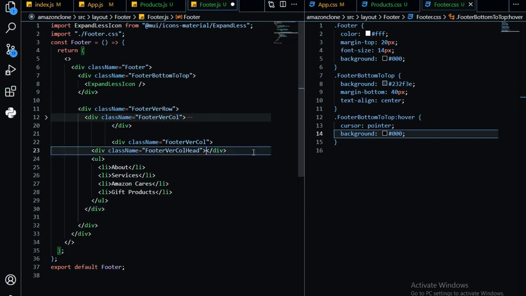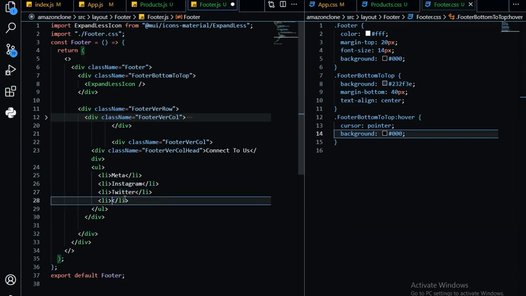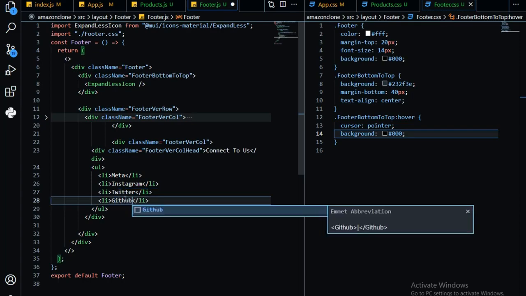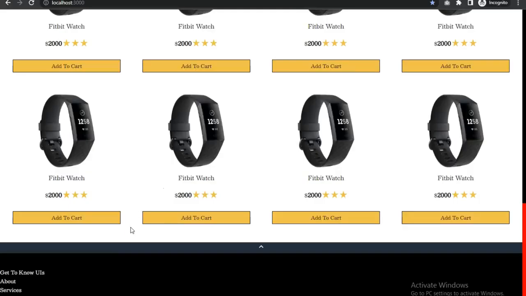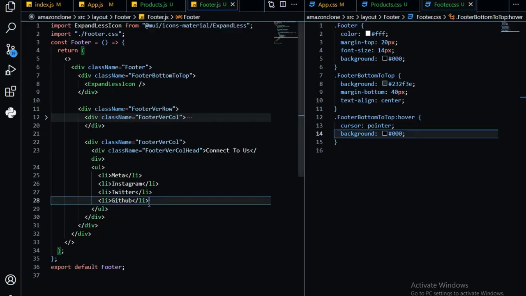And now it's to connect to us using Meta, Instagram or Twitter, and last but not the least, GitHub. We are here,